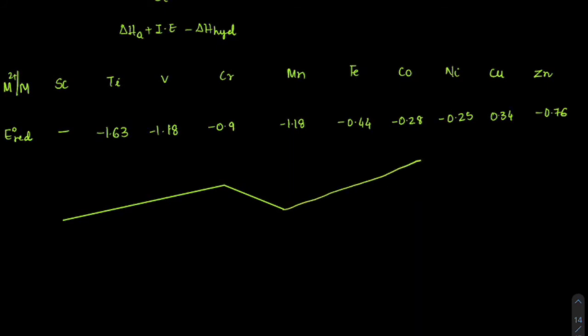So there is a rise up to nickel here, okay, and suddenly from nickel there is an instant rise towards copper, and from there again it is falling towards zinc. So I guess you understood how the pattern is going. This is the pattern. I hope you figured it out. Right. So let us go one by one why there are different patterns coming across.